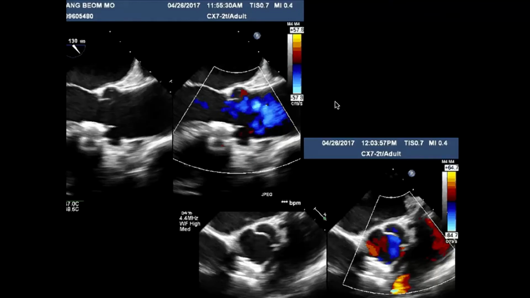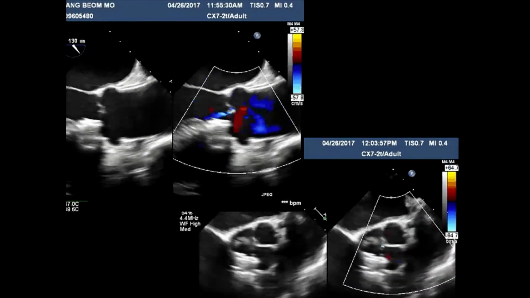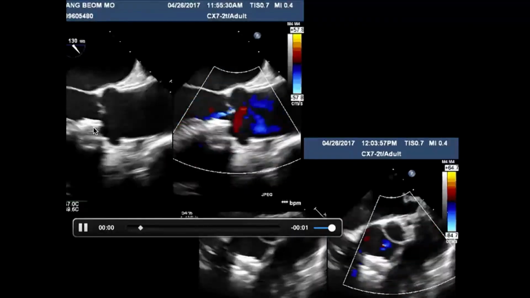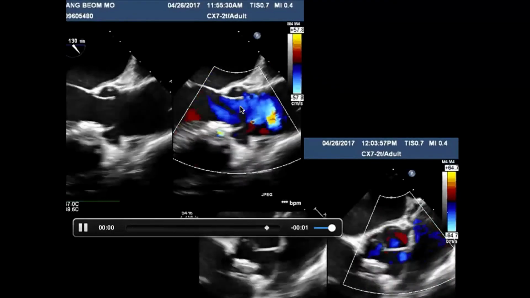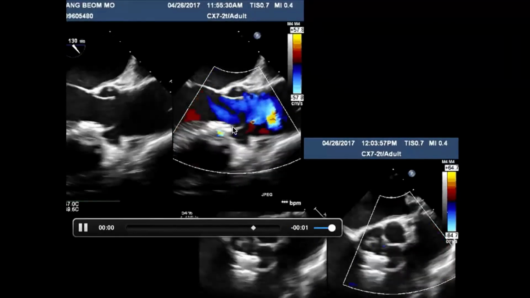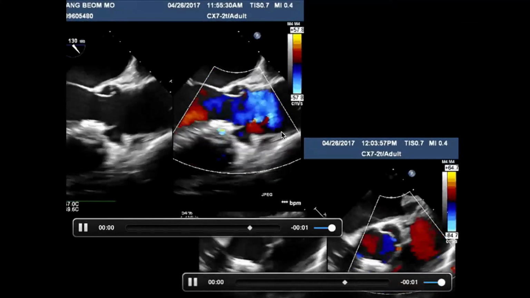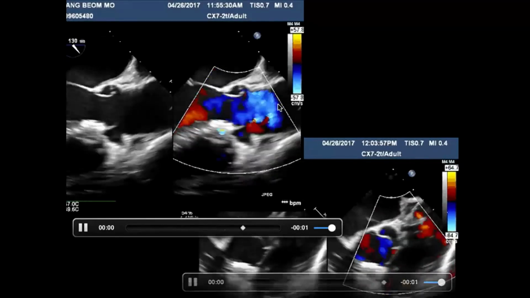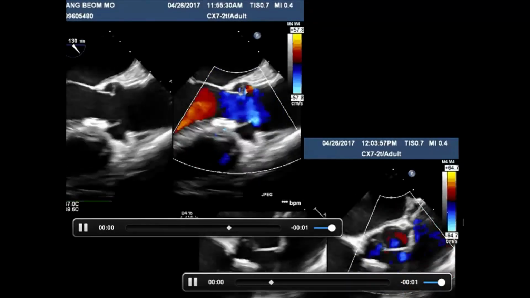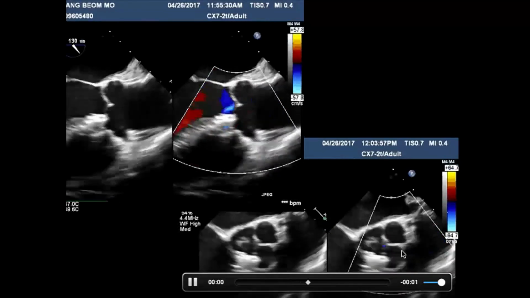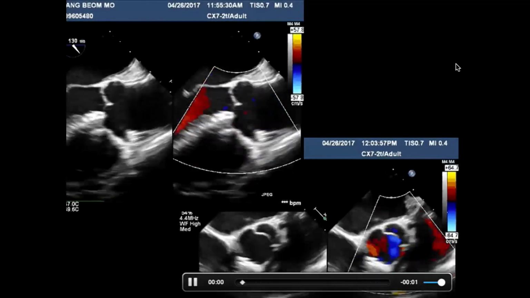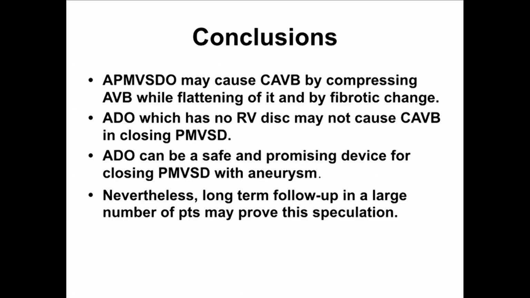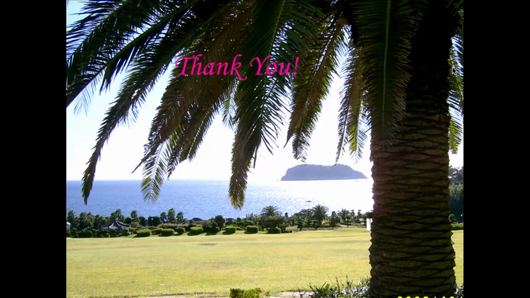So I pulled back more, and then it attached to the interventricular septum tightly, and the aortic regurgitation significantly decreased. Trivial aortic regurgitation was shown. Then I observed for more than 10 minutes. In the short axis view, the trivial AR was also observed. Okay, so I will show you the